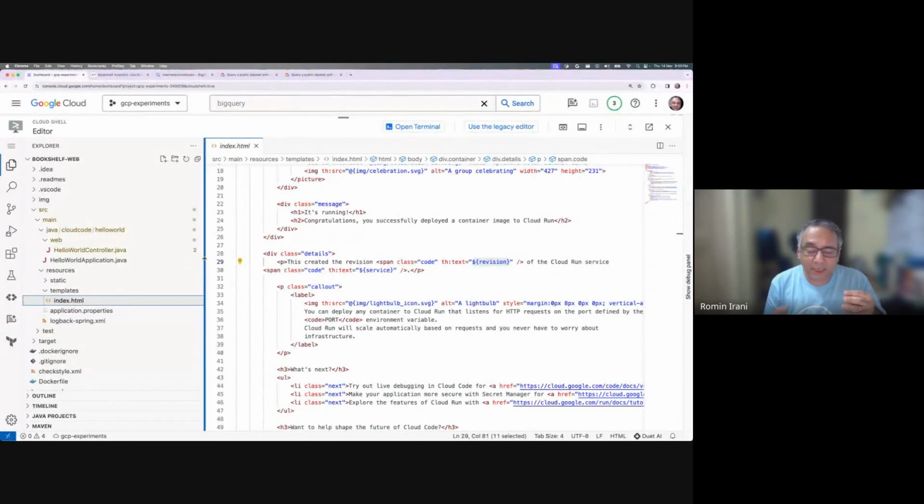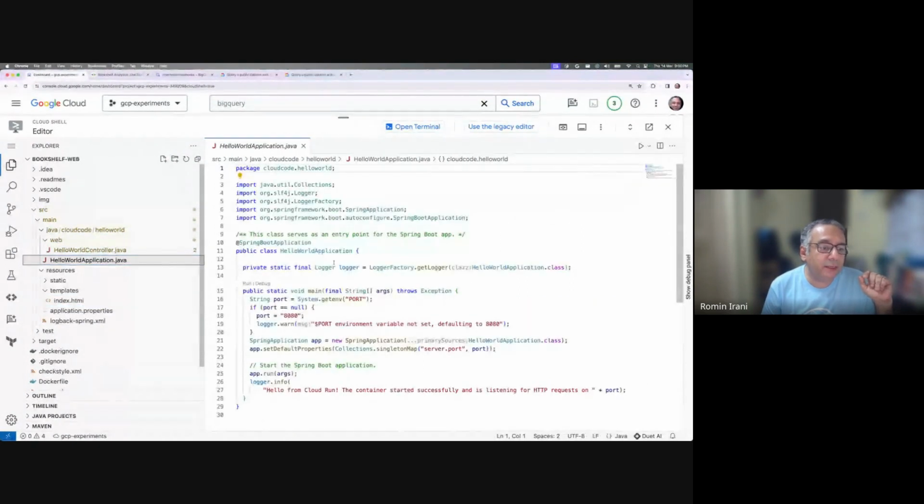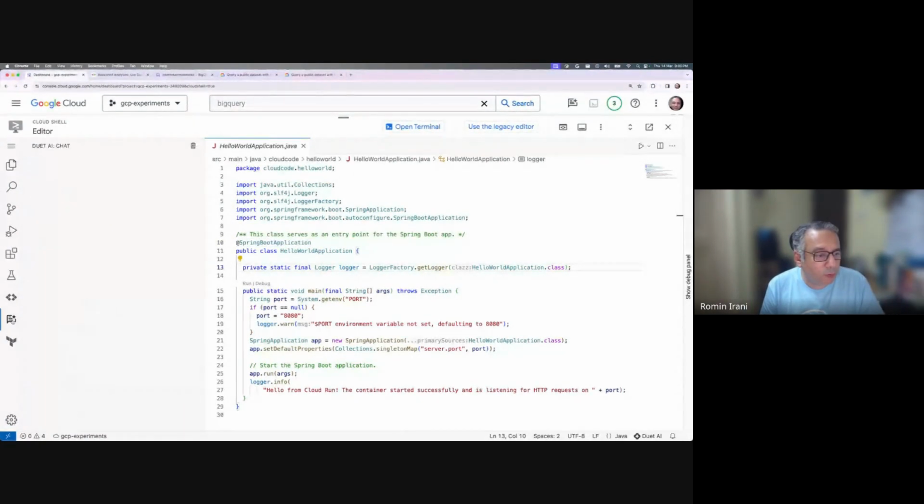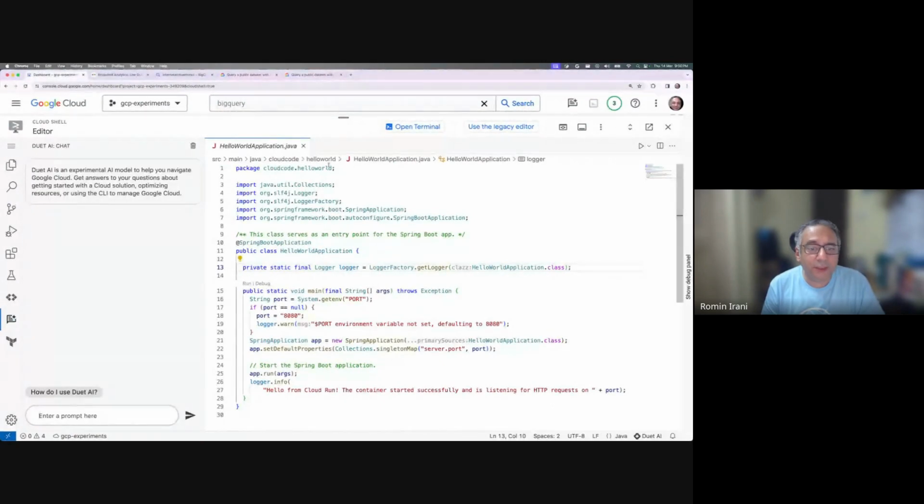You might want to ask, what is this code about? I maybe don't understand parts of it. Can I get some help on any aspect of the code? For example, if you are in this particular file and someone says, what does this annotation really do? You could select this, or let's say this whole file. So open up Duet AI, which is over here. You are in the current file that's open. All you need to do is something like explain this,